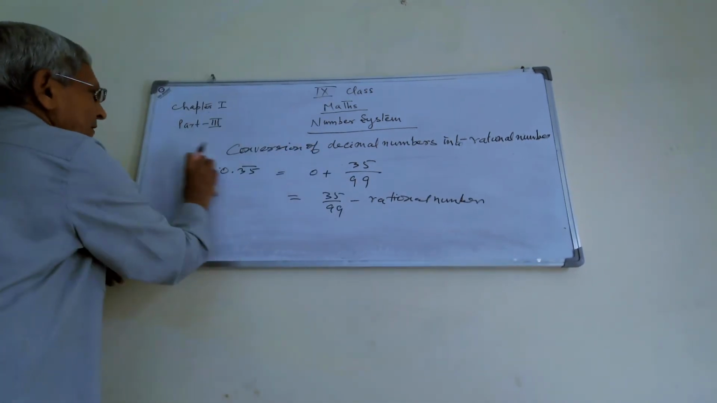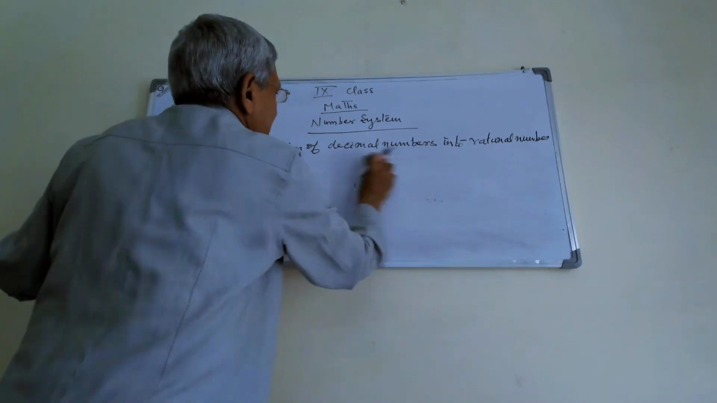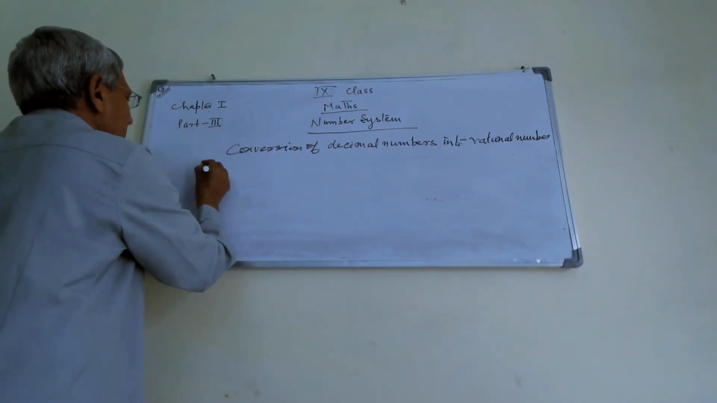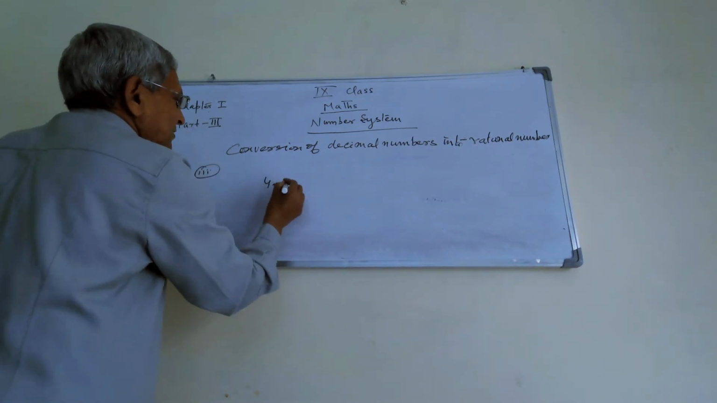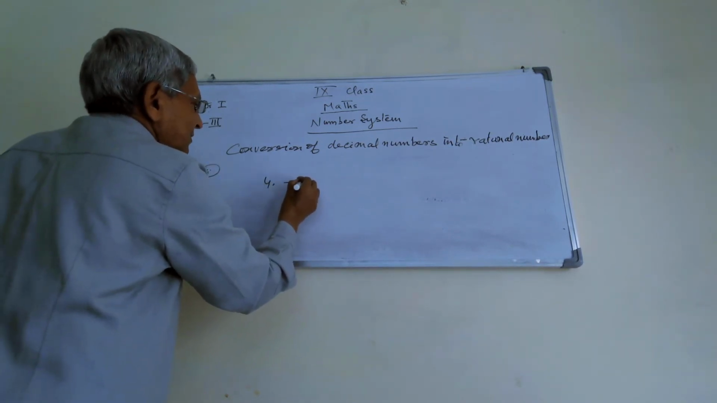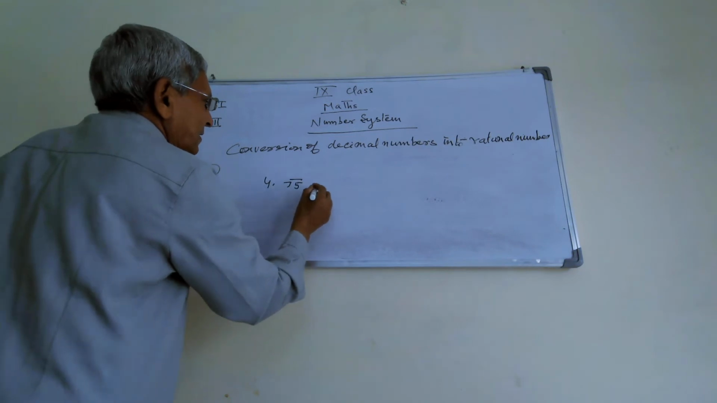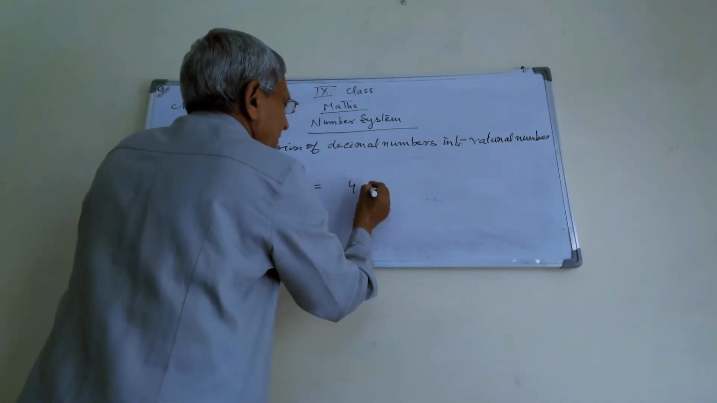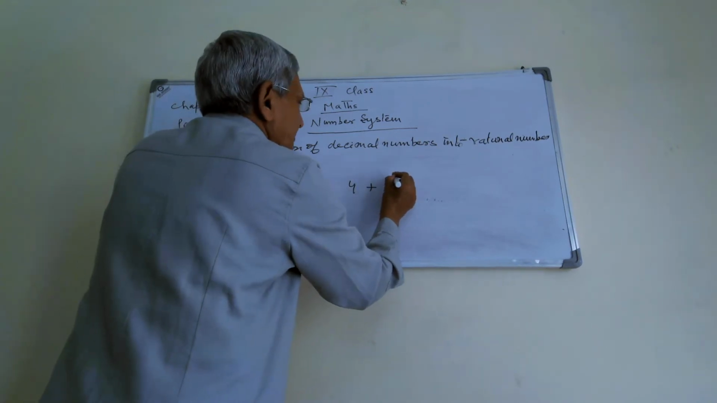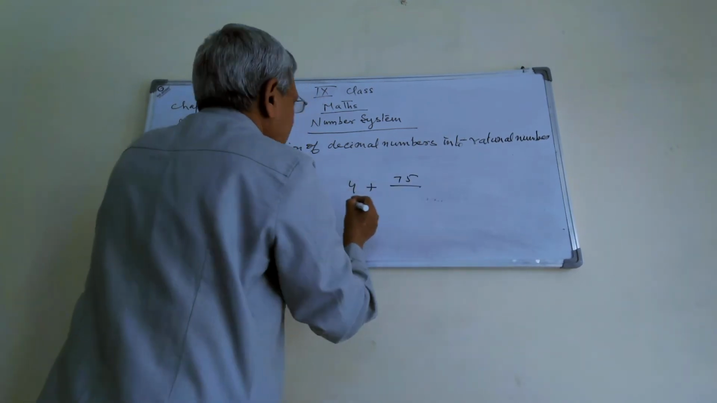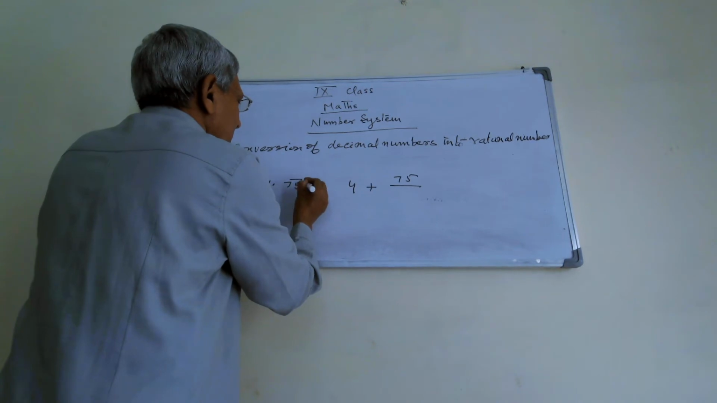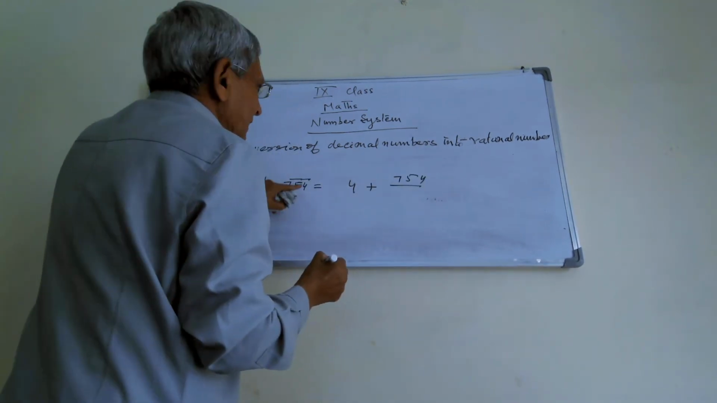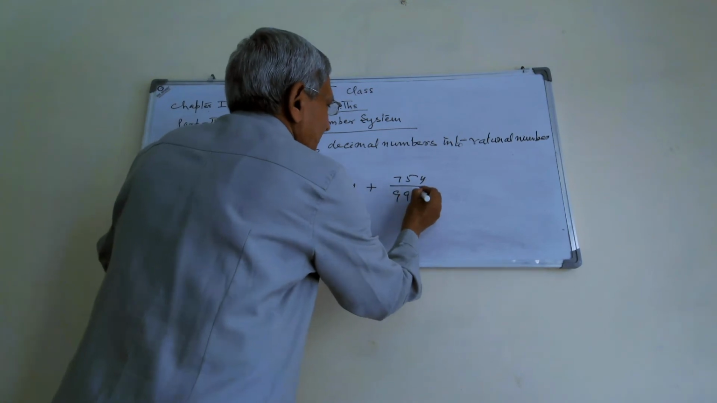Again, I am taking the next example, the third: 4.75. The integral part is 4 and the decimal part is 75. The decimal part is 754, and the equal number of 9s is equal to,